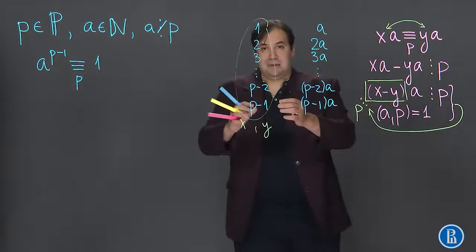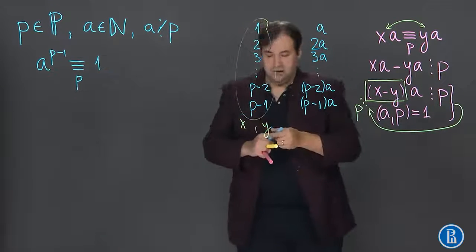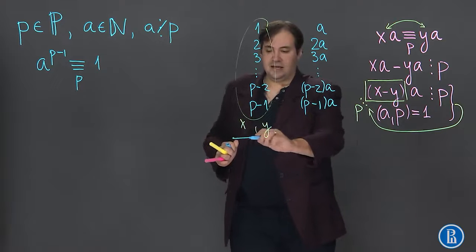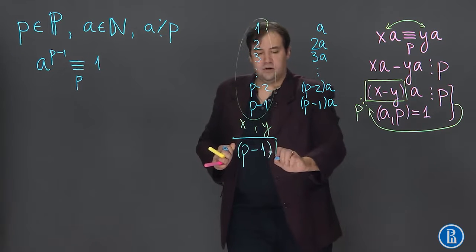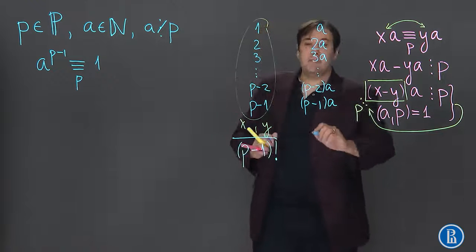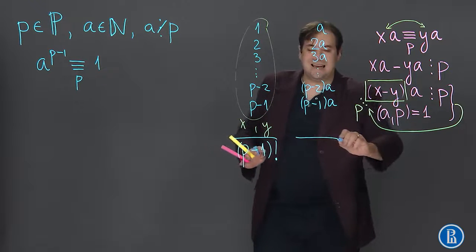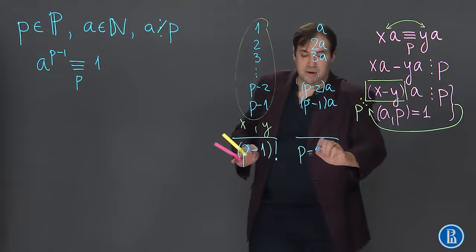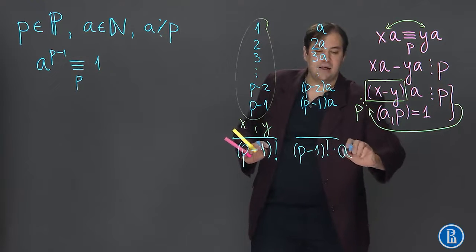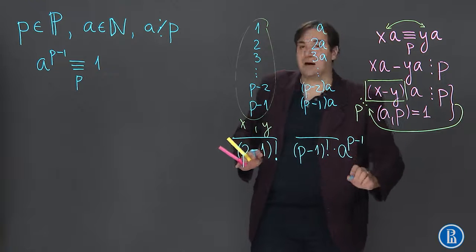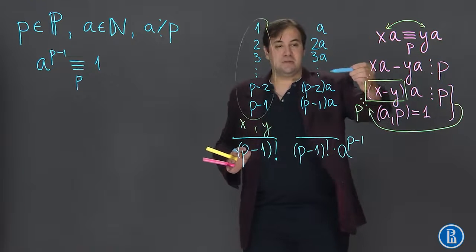We multiply all the numbers in the first column and gain p minus 1 factorial, and we multiply all the numbers in the second column and we gain p minus 1 factorial multiplied by a to the power p minus 1, because there are exactly p minus 1 a's